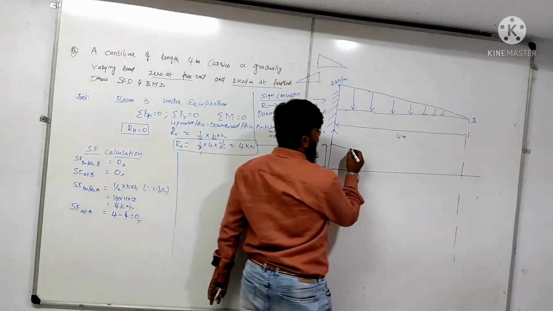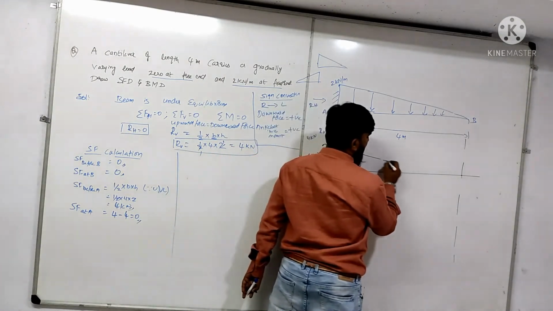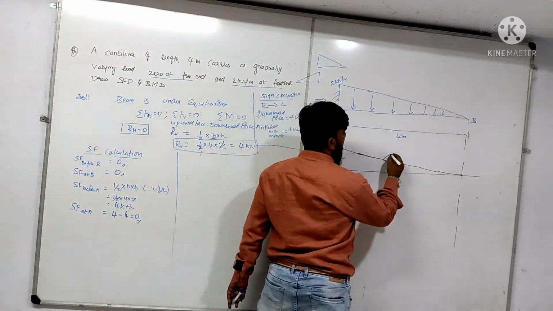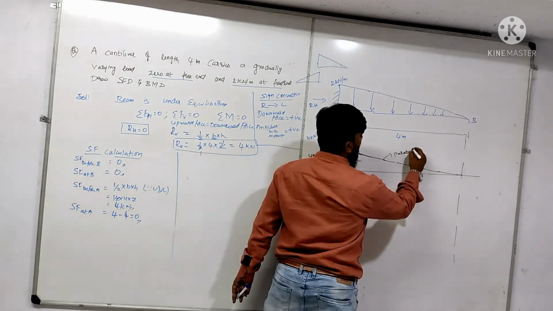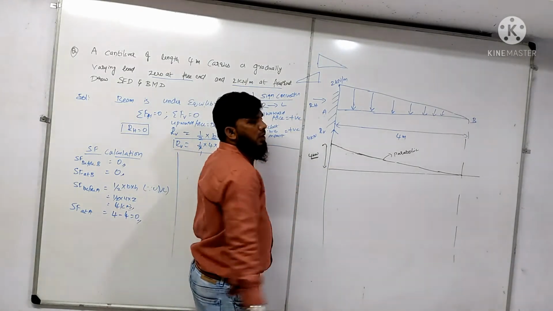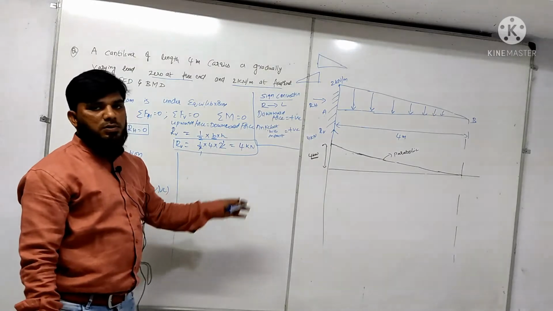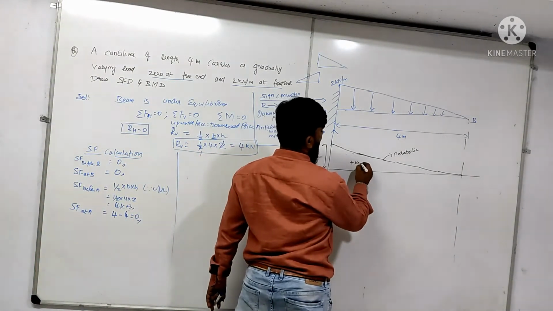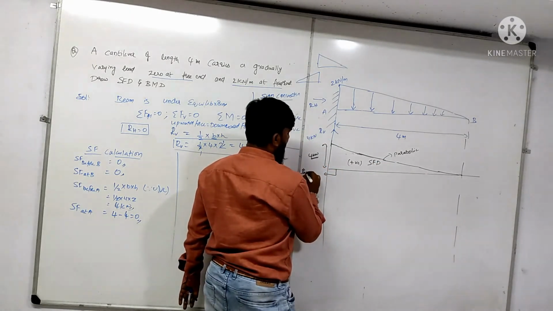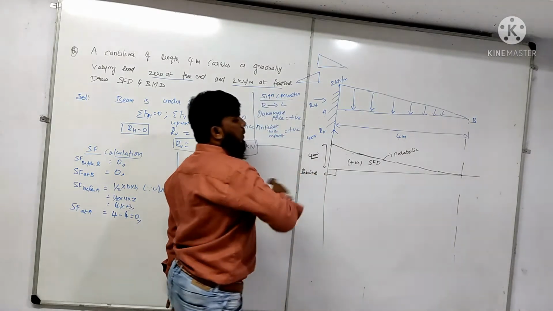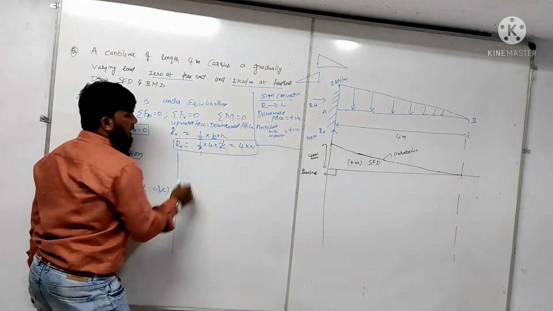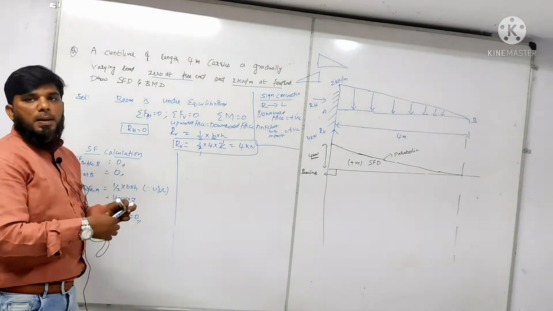In between these two, we have to join the points by using a curvature, and this curve is generally parabolic. Parabolic form. This is in the positive direction, and obviously, since the load is in the positive direction, this is also in the positive direction. So here we will write positive shear force diagram, and this line is nothing but the baseline. What is the baseline? It is nothing but the zero line. Here the whole shear force is zero. So we have completed the shear force diagram. Next we will calculate the bending moment.